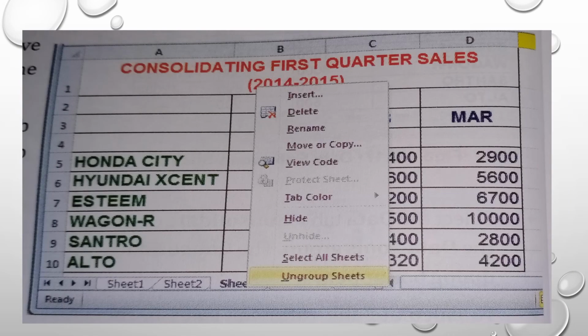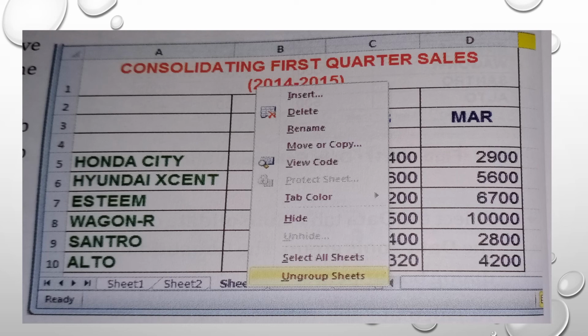Now, grouping worksheets. By default, three sheets are displayed in a workbook with the names Sheet 1, Sheet 2, Sheet 3. You can enter the data in all three worksheets. The purpose of grouping the worksheets is to enter common data and formatting effects on formulas. For that we have to follow some steps. First of all, create a new workbook. The Sheet 1 worksheet is active. Press and hold the Shift key. Click on the Sheet 3 tab.